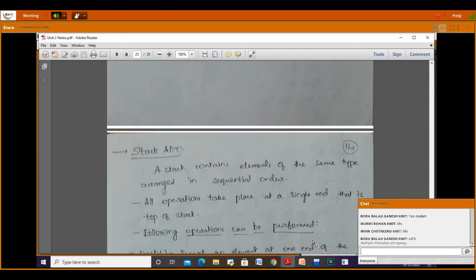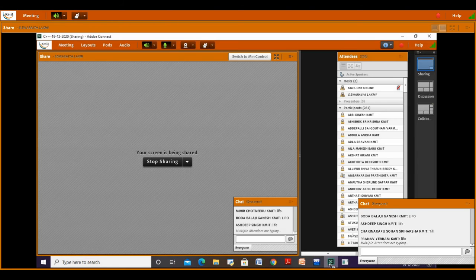What's the principle we follow in stack? Somebody is saying first in, first out. Somebody is saying last in. Okay, last in, first out.